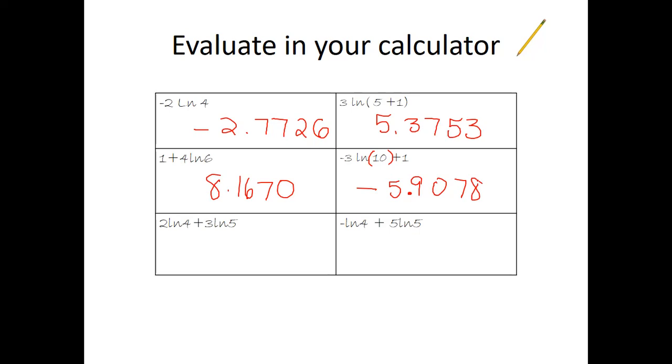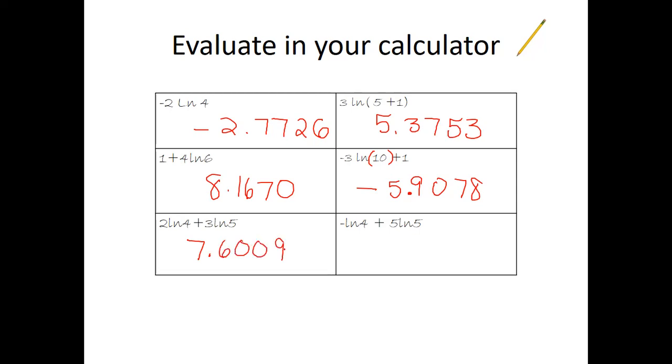Then you're going to want to pause. Try the last two on your own here before I give you the answer. So pause the video and see if you can get those answers on your calculator before I give them to you on the computer. Okay, you should have unpaused me. Waited a long time for you in case you didn't. So this one we should get a value of